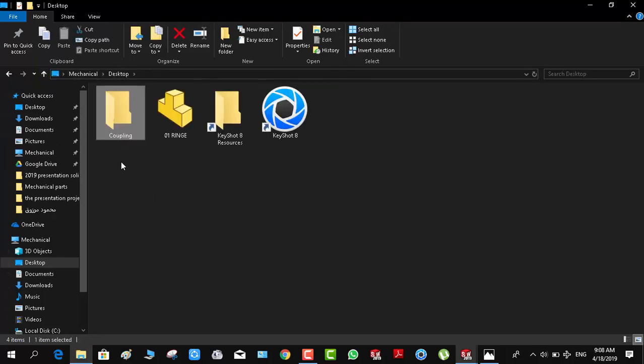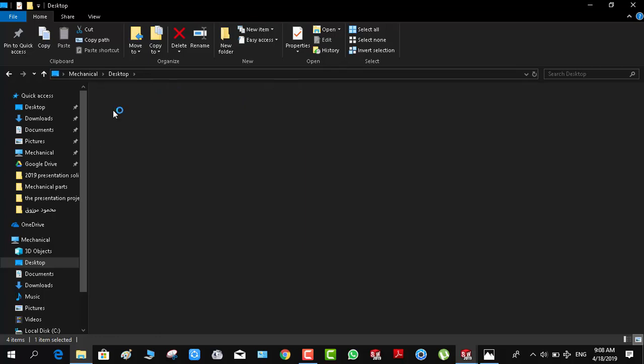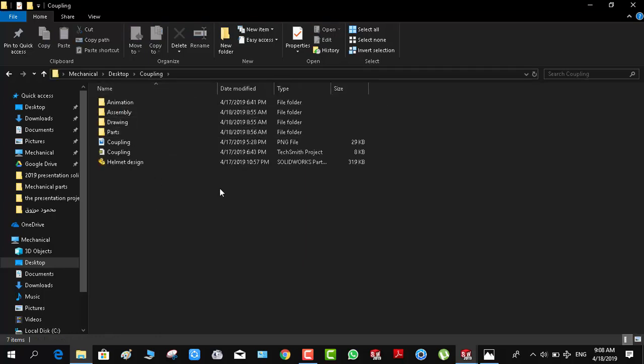Now to end that video, I missed something at the first, which is that you should create a folder and give it the name coupling. In that folder, make small folders with names: parts, drawing, assembly, animation if you will do it. If you have stress analysis, make another folder with the name stress analysis, to arrange your design and know where everything of your design is. Okay,